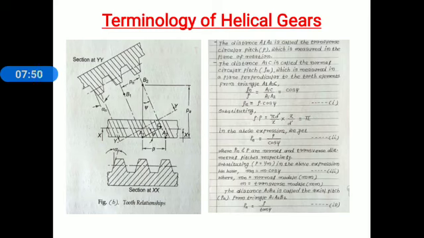This is asked for 1 mark in MCQ. Okay, it is very important. Now the next thing, small p into capital P. Small p is the circular pitch and capital P is the diametral pitch, and that product is equal to pi. Okay.